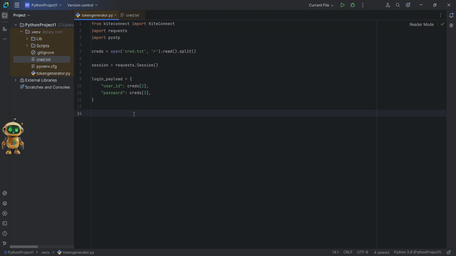We will use the session object and call the post method with the Kite login URL and pass the login_payload dictionary we created. We will save the response to login_response.